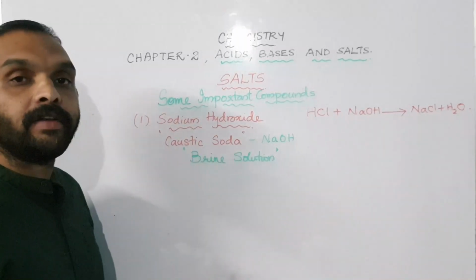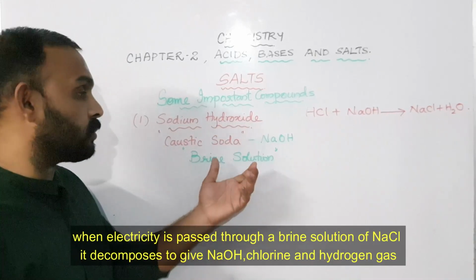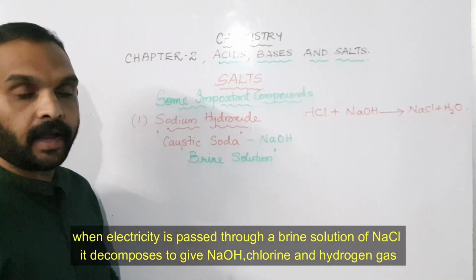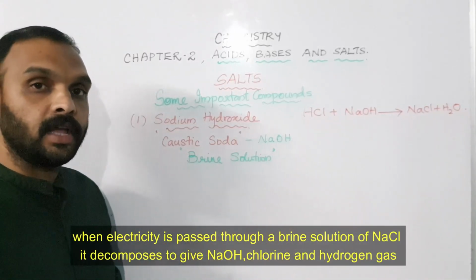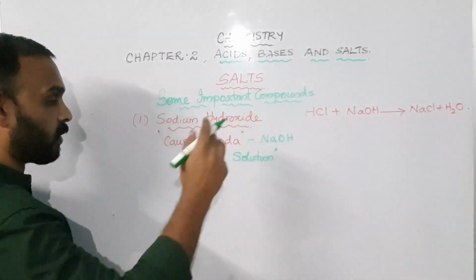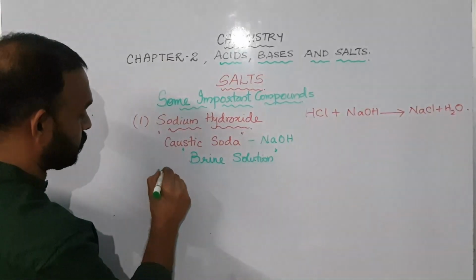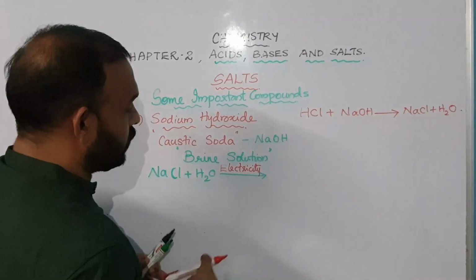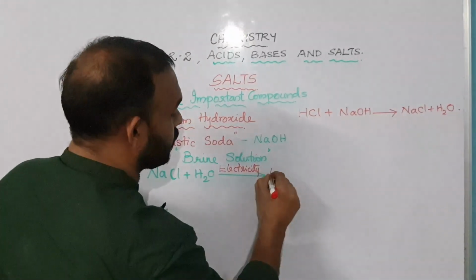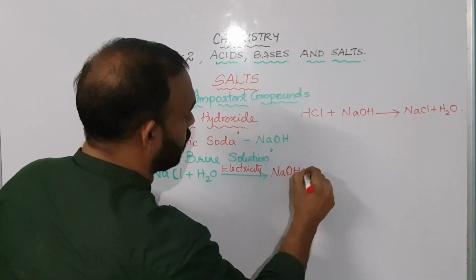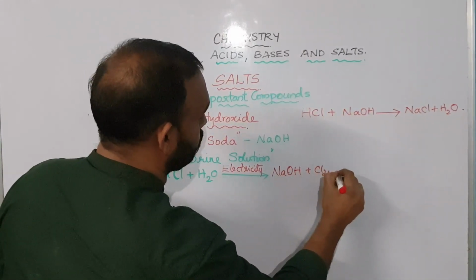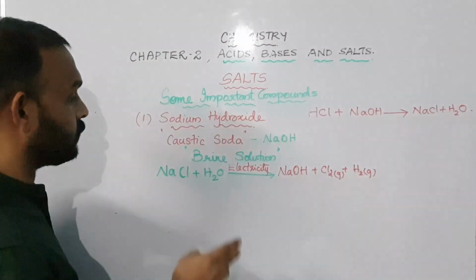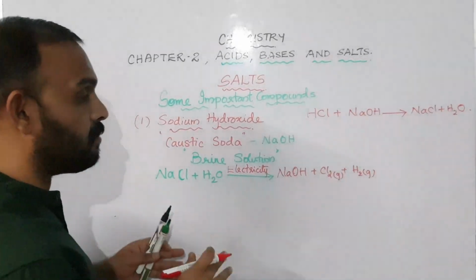The preparation is when we pass electricity through an aqueous solution of sodium chloride, it decomposes to give sodium hydroxide. And along with sodium hydroxide, we will get chlorine gas and hydrogen gas also. We will write the equation of the reaction. The equation of the reaction is NaCl plus H2O. When we pass electricity, what are the products we get? We will get NaOH, our caustic soda, plus chlorine gas plus hydrogen gas. Okay, these are the products we get after this reaction, and this reaction is named as